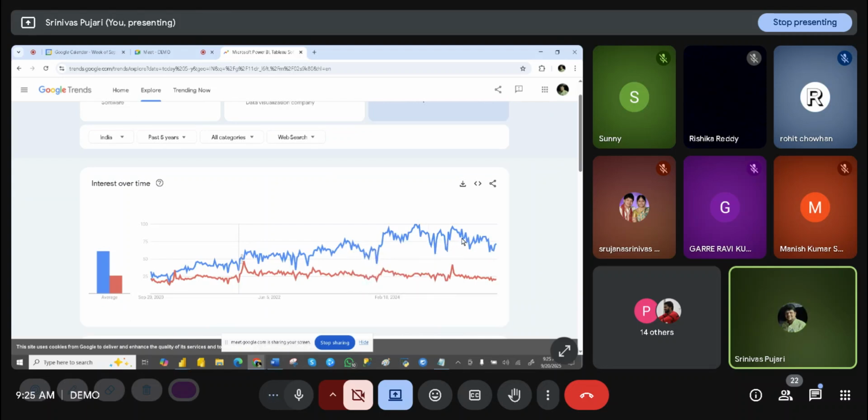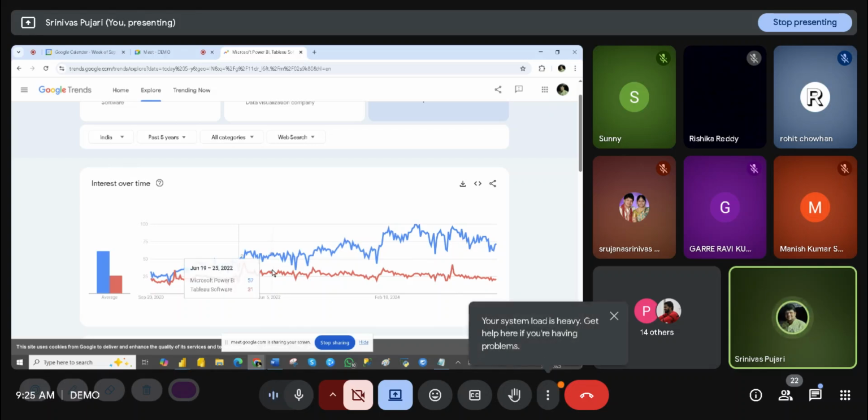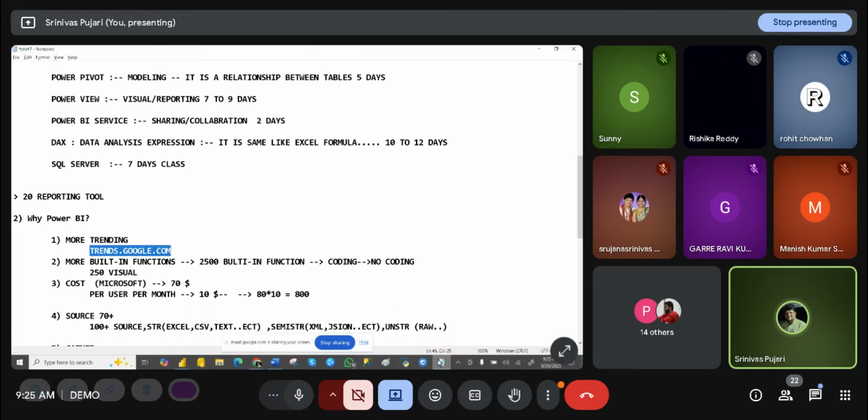We can even check our country, India. In India also Power BI is more trending. Earlier Tableau was the more trending tool, but now it is Power BI. That is the first reason why you need to choose it. The second reason is more built-in functions.